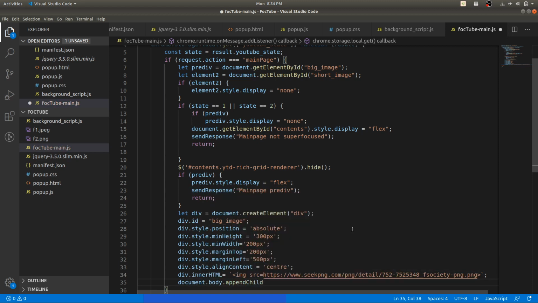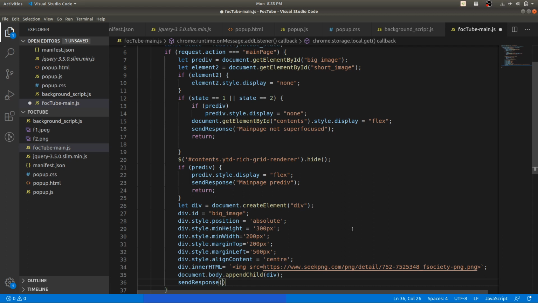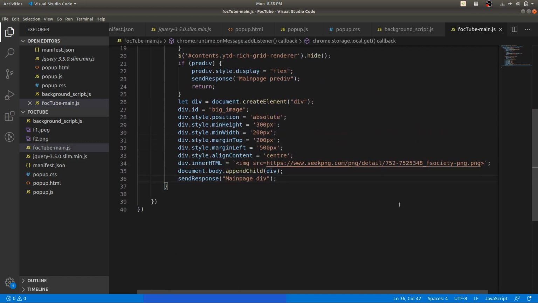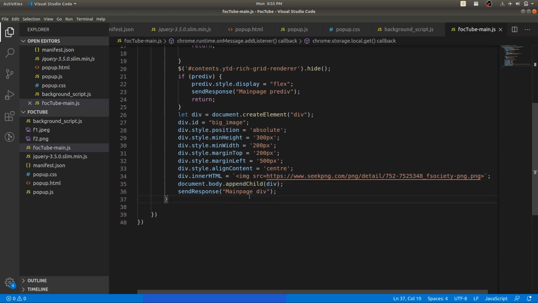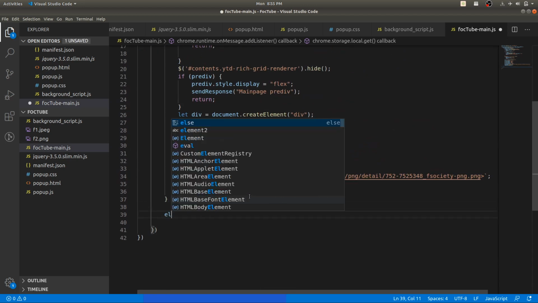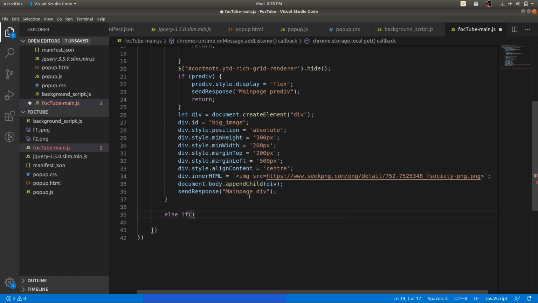Now we can just add or inject that element into the body. So we are adding that element into the body, and let's send the response that, hey, main page div has been created. So this was all for main page.